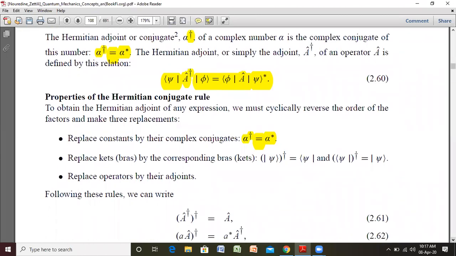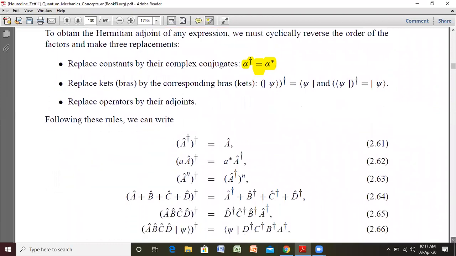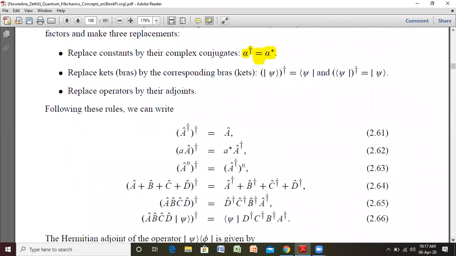अब इसकी कुछ प्रॉपर्टीज हैं वो देख लेते हैं। अगर आपके पास 2 दफा किसी ऑपरेटर का डैगर लेते हैं, जिस तरीके से अगर किसी कॉम्प्लेक्स डिजिट का आप 2 दफा कॉम्प्लेक्स कॉन्जुगेट ले लें तो वापस वही डिजिट बन जाता है। फॉर एग्जांपल आयोटा का कॉम्प्लेक्स कॉन्जुगेट लेंगे माइनस आयोटा, अब माइनस आयोटा का अगेन कॉम्प्लेक्स कॉन्जुगेट ले लें तो वो वापस क्या बन जाता है? आयोटा बन जाता है। तो 2 दफा किसी भी कॉम्प्लेक्स नंबर का अगर आप कॉन्जुगेट लेंगे तो वो वापस वही डिजिट बन जाता है। डबल कॉन्जुगेट ऑफ अ कॉम्प्लेक्स नंबर इज इक्वल टू द डिजिट इटसेल्फ।